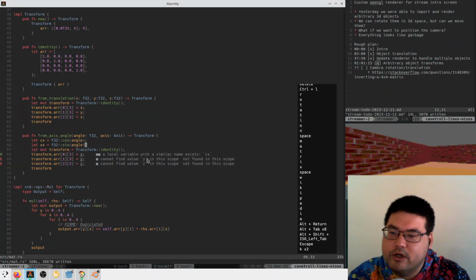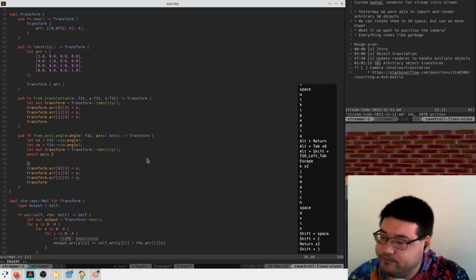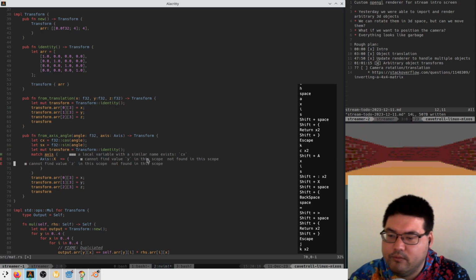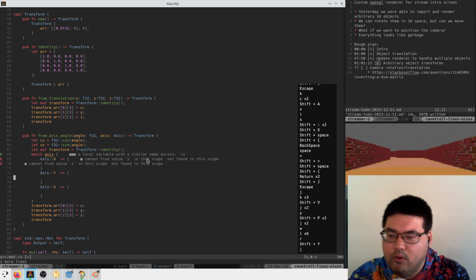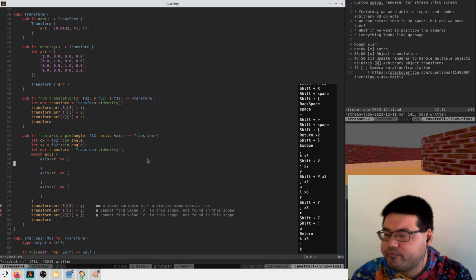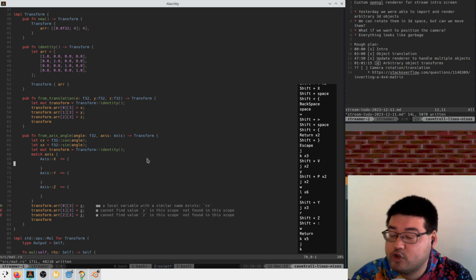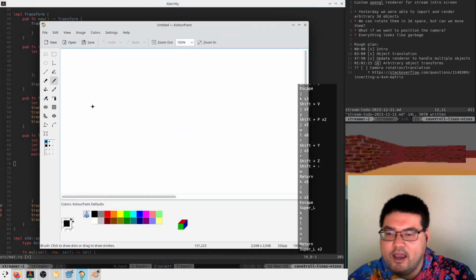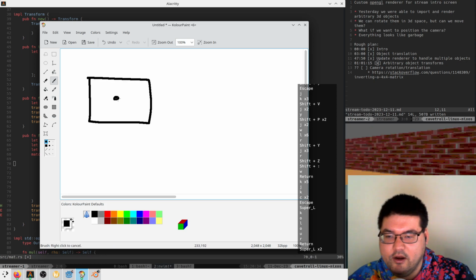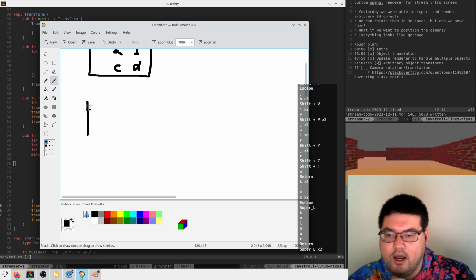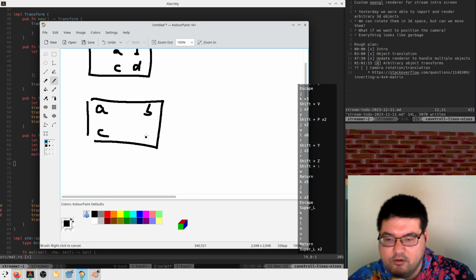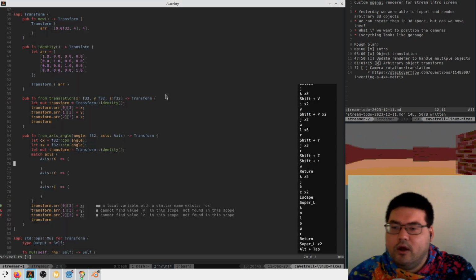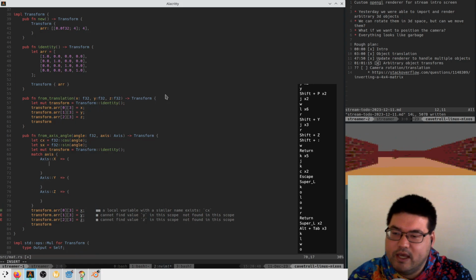So we will match the axis. And if we see axis X, we are going to put it somewhere. Y and Z. So if we're rotating around axis X, X shouldn't change. So we're going to put it in the bottom right. I think X will look like it's down here, Y will look like this, and around Z will look like this. So around X, we're going to say